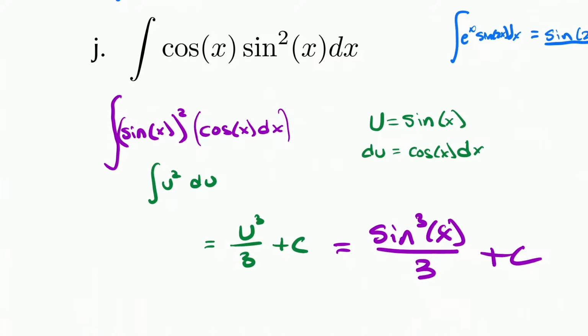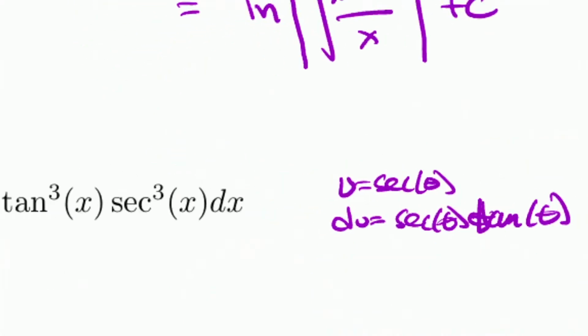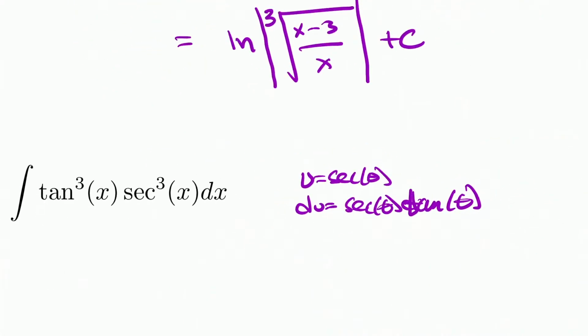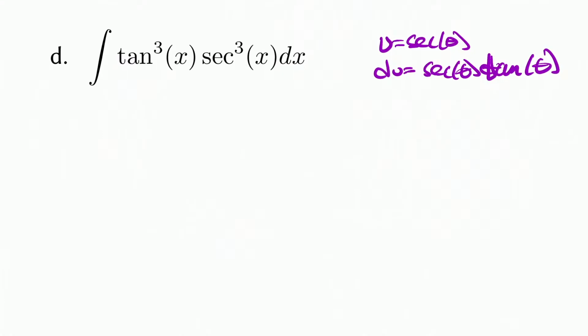I don't remember if there were any other substitutions. Let me see. Oh, I guess there's this one. Yeah, this one. Oh, look, I didn't finish it. But here, this is one of those dreaded trig integrals. But if you just think of it in terms of a function and its derivative, this is the way you're going to set this up. You have the function secant of x. I guess I got excited and put theta in there. And you have secant times tangent of x, and that clues us in to how we're going to rearrange